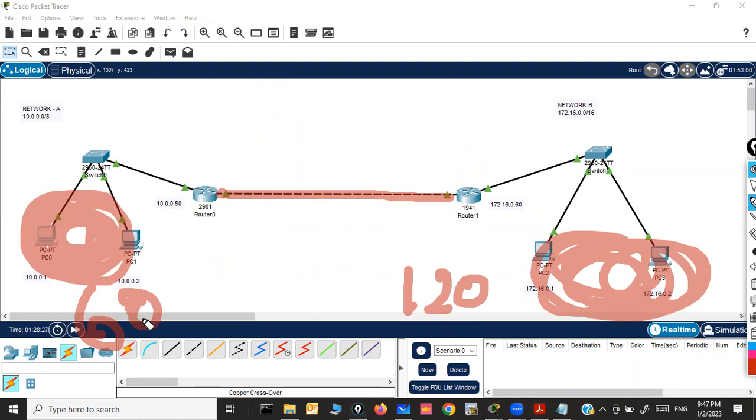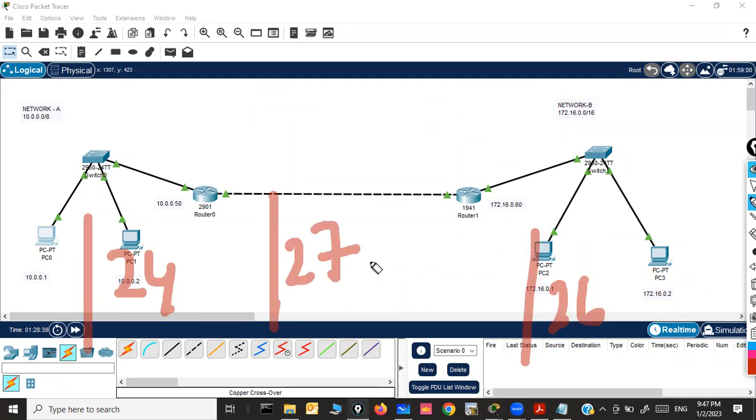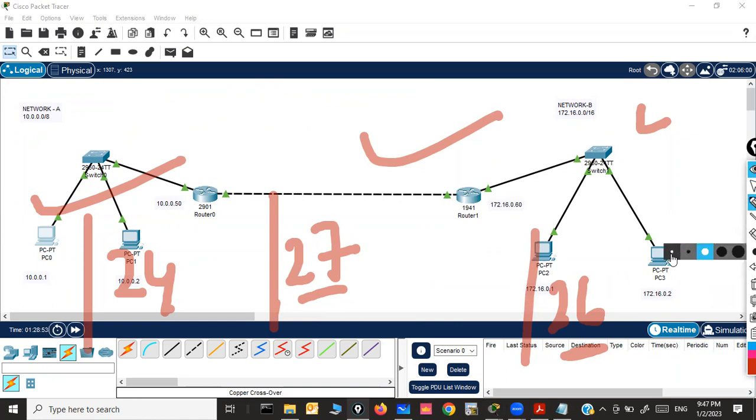So obviously you will not be using the same subnet mask everywhere. I mean, if you are using /24 here, then maybe here /26, maybe /27, /28, something. So in different subnets, if the CIDR block value is not the same everywhere, then it is technically known as variable length subnet mask.